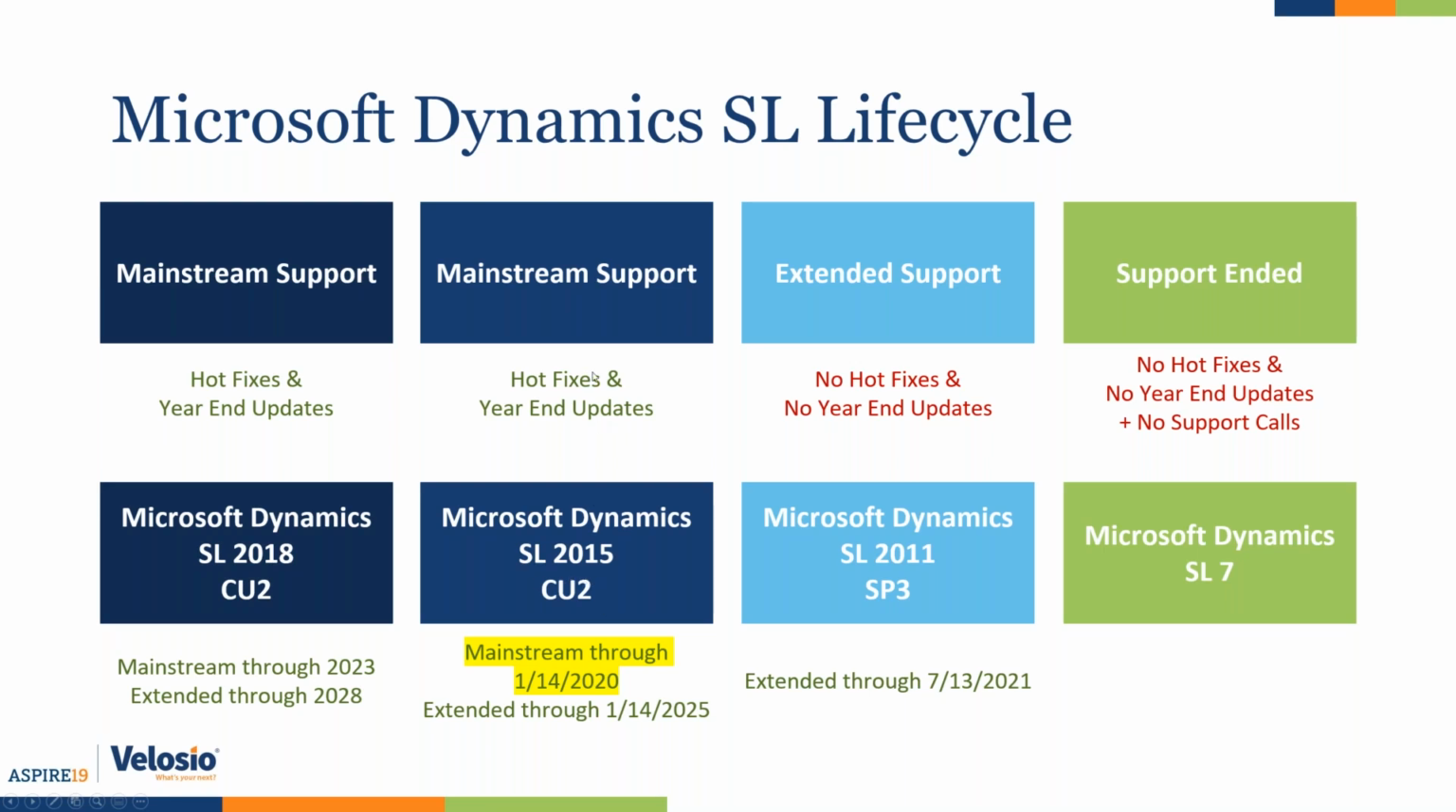Now, one thing to keep in mind is that for SL 2015, you're about to leave mainstream support in just a few months. In January of next year, we go from mainstream to extended support. You get another 5 years, but when you're in extended support, you no longer get any hot fixes. So if you find an issue in 2015, it's not going to get fixed in 2015 anymore. If it really is still an issue, it would be something that we would add on to 2018. And then there are no year-end updates starting after this year. So again, this is definitely the right time. If you're on 2015 right now or 2011, this is the perfect time to start planning your upgrade